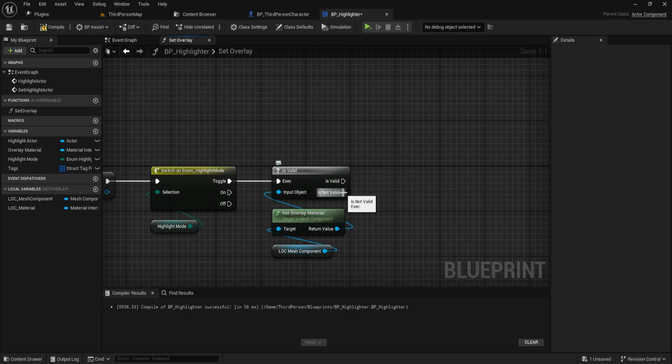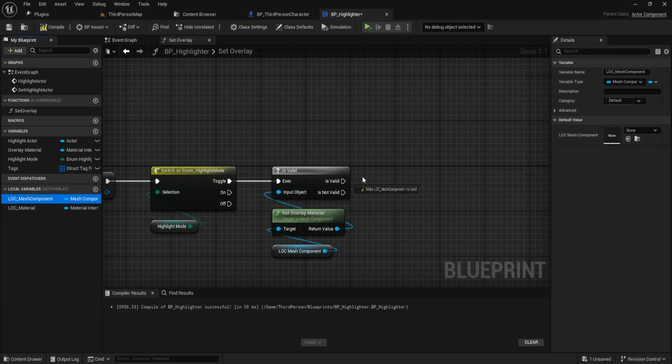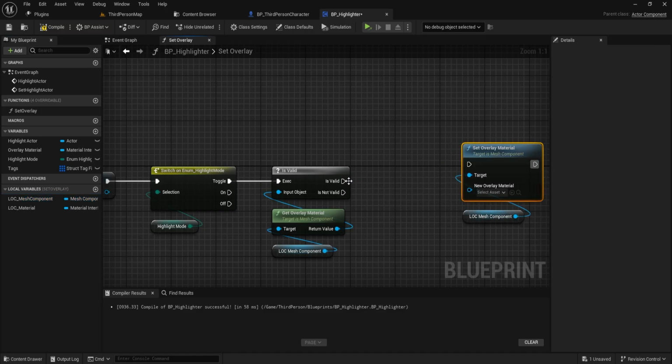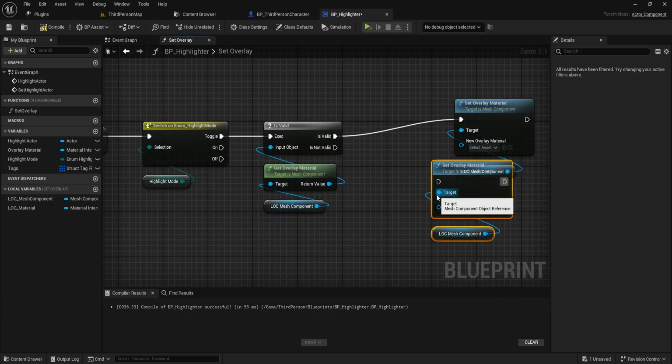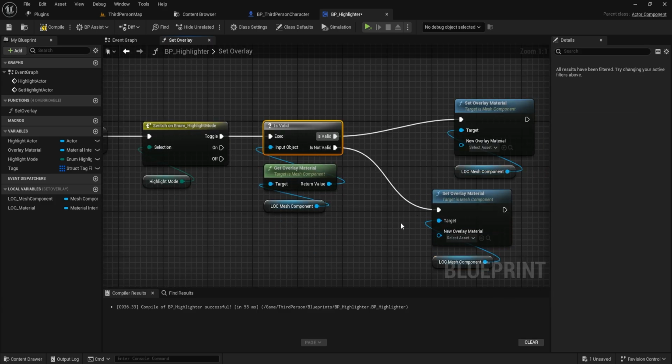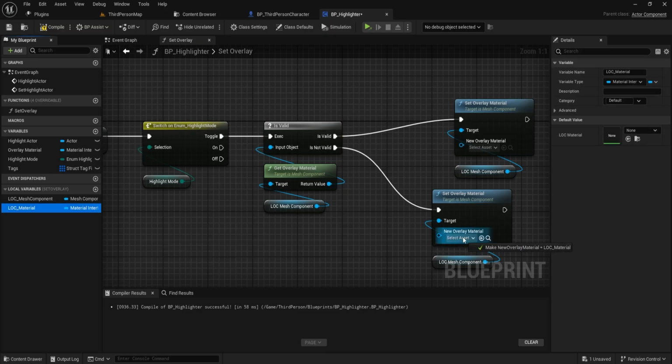And if it doesn't have a valid overlay material, I'm going to just set the new overlay material as the material passed on to this event. So let's do that. Get a mesh component and set overlay material. If it's valid, just set it to none. If it's not valid, then set it to the new material that has been passed on to this event or